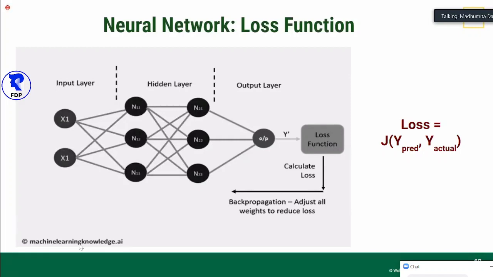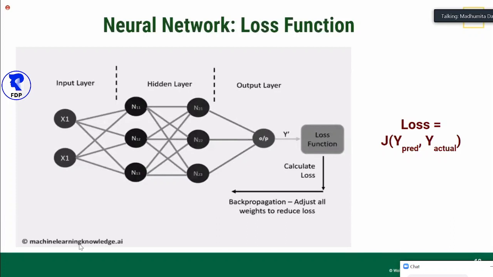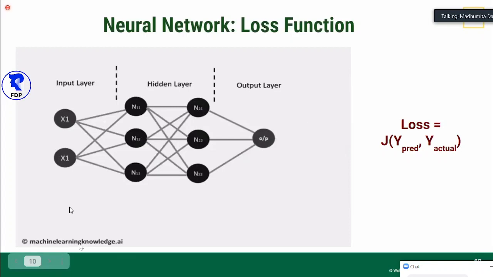The advantage is that even if you throw some data that is a little bit different or unseen from the training data, the neural network is still able to perform pretty well. But the limitation of a neural network is that it needs a huge amount of data to train, and also that it's computationally pretty expensive.